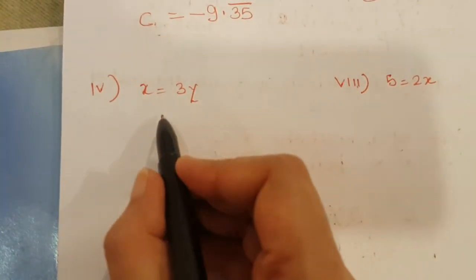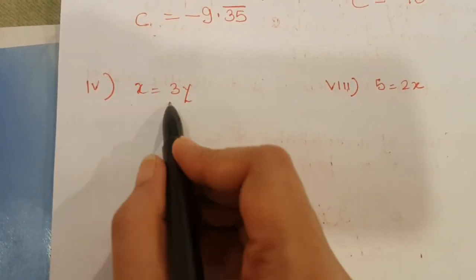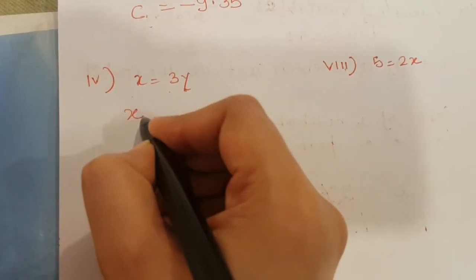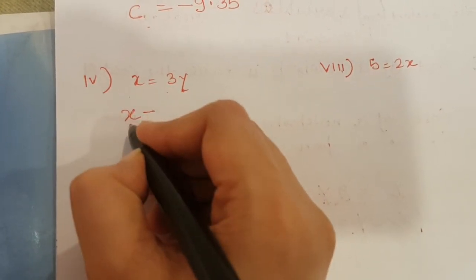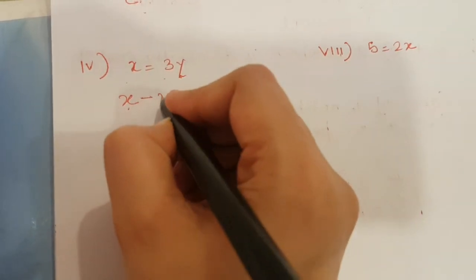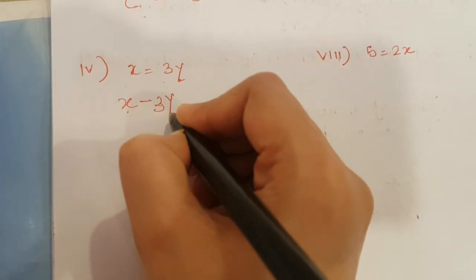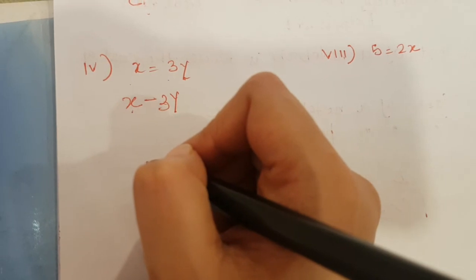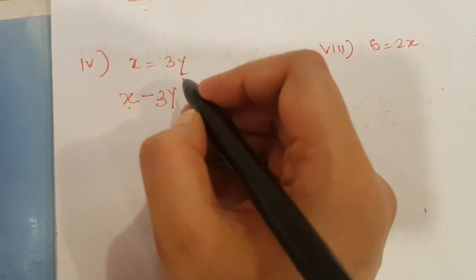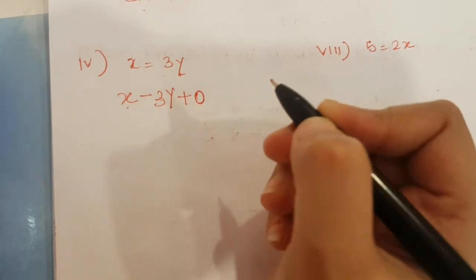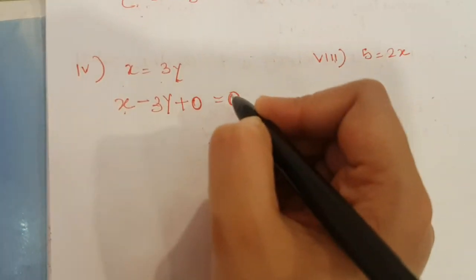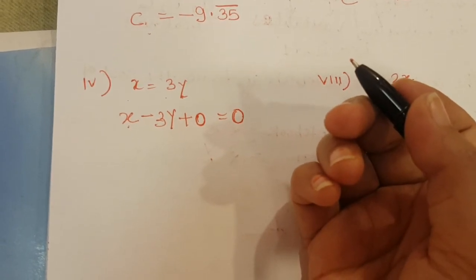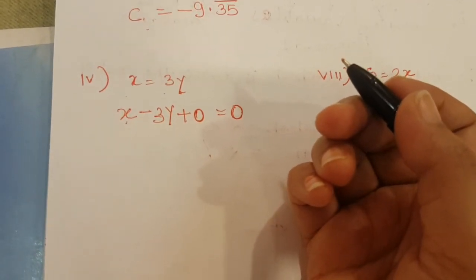Fine. Now next is fourth part. I have taken x equal to 3y. First we will convert the equation in standard form, so that x also should be here. The first term is of x. The next term is of y. And the third term should be the constant term. But you can see that the constant term is not there, so we will write 0 in place of the constant term. A term that is not there will be 0. When the place of something is empty, what is in its place? 0. Okay.